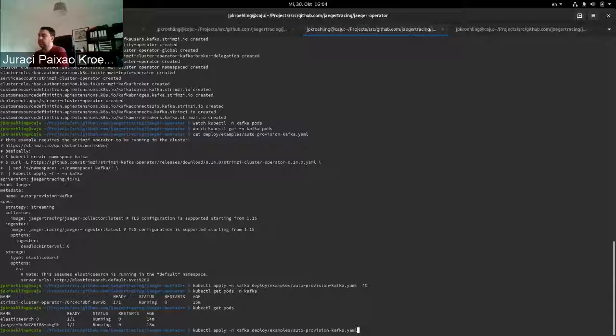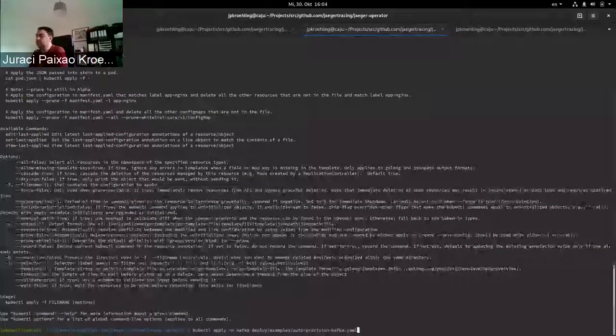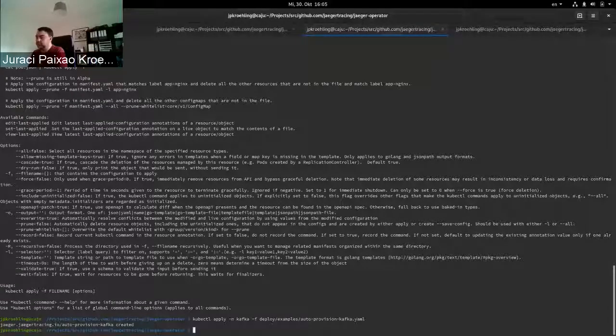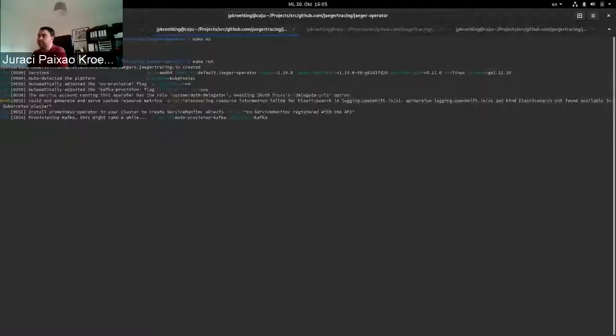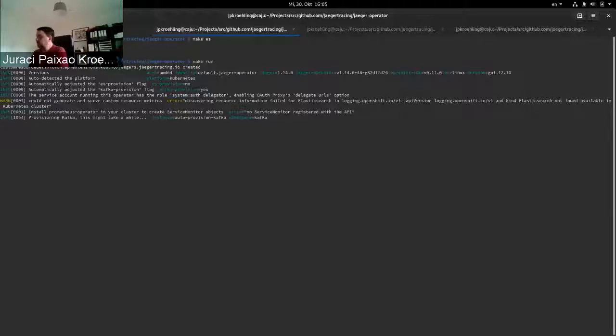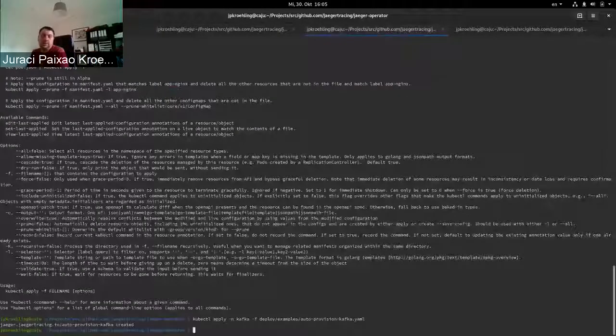So I'm just then applying that file. And with that, we have the Jaeger operator identifying that, and it is now provisioning Kafka. So this is the first part of the demo, and we go then now with